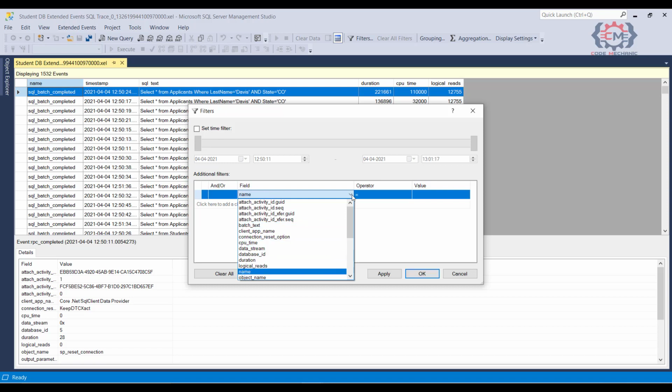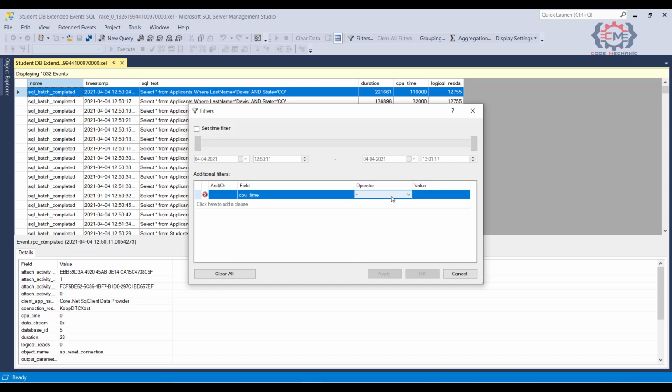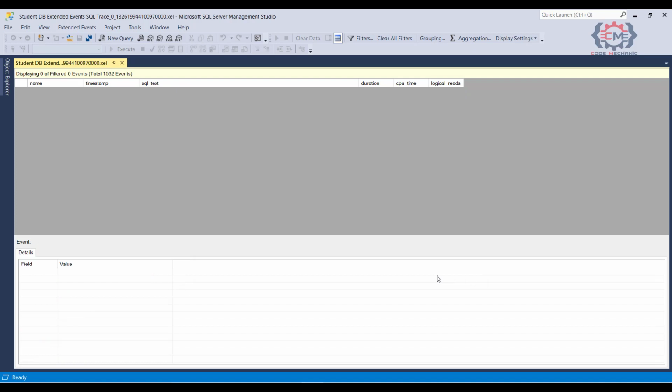So I am going to select CPU time as a filter, then I can select greater than or equal to, and finally I give this filter a value of 2 lakhs because this value is in microseconds, so that will be 2 seconds. So this will now show us in the UI all the statements that took 2 seconds or more of CPU time. A filter like this can be very useful in order to narrow down the data set and look at just what you need.